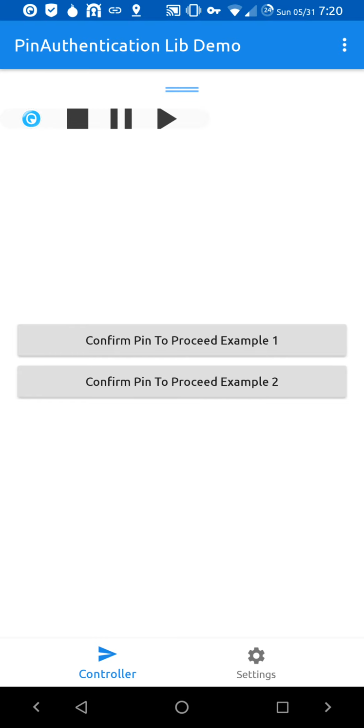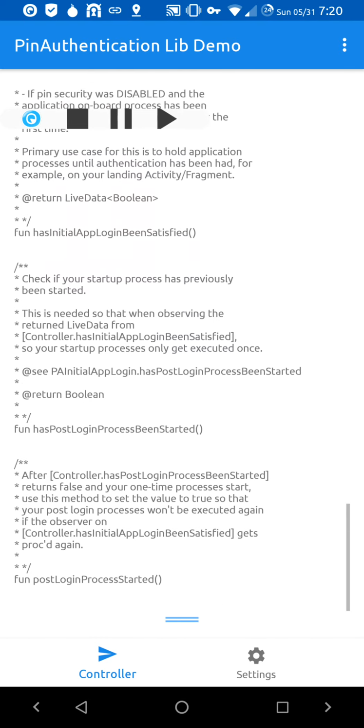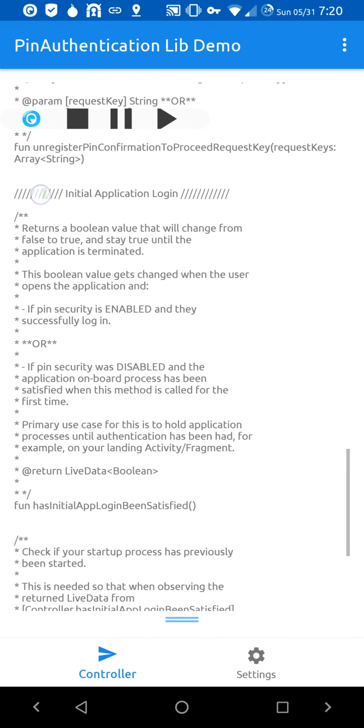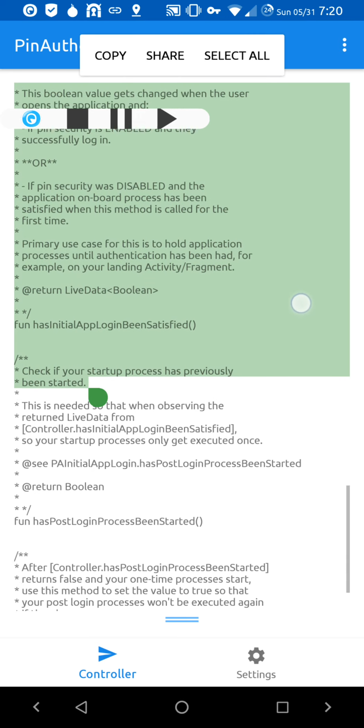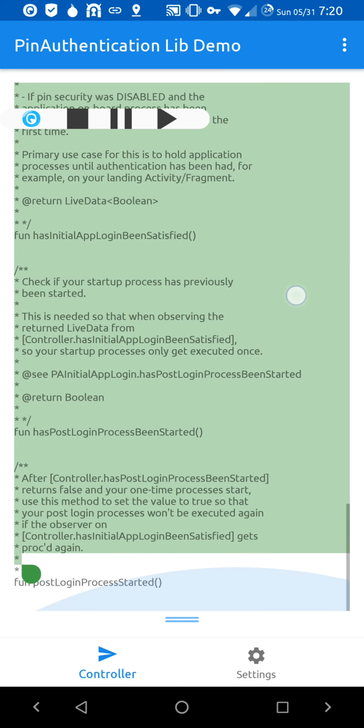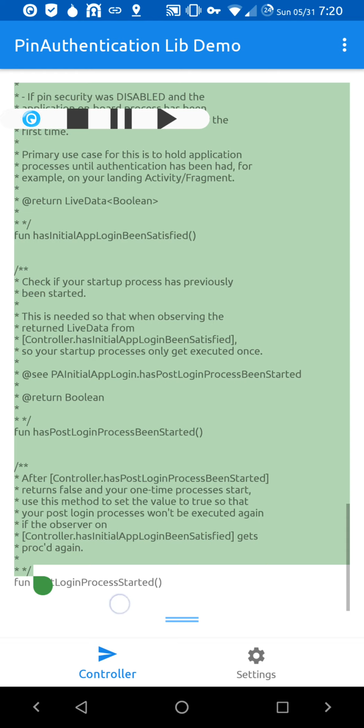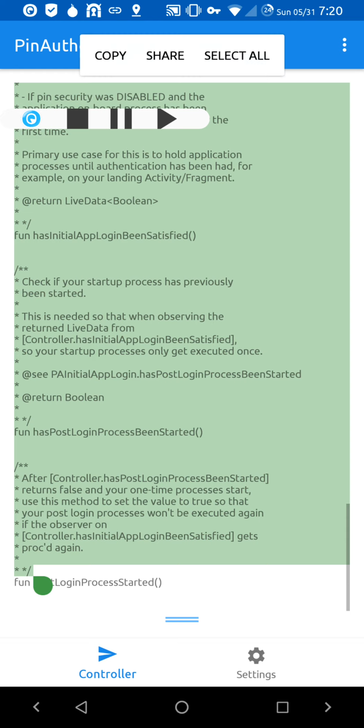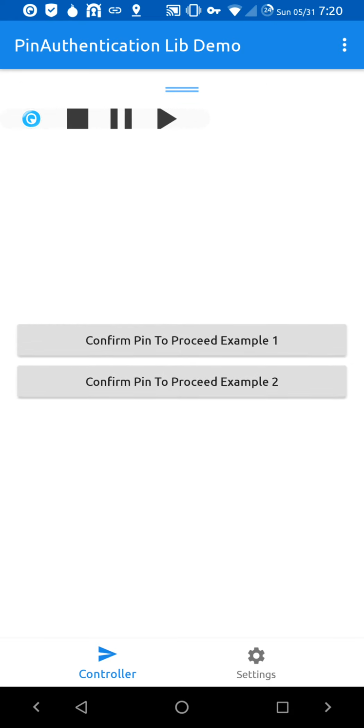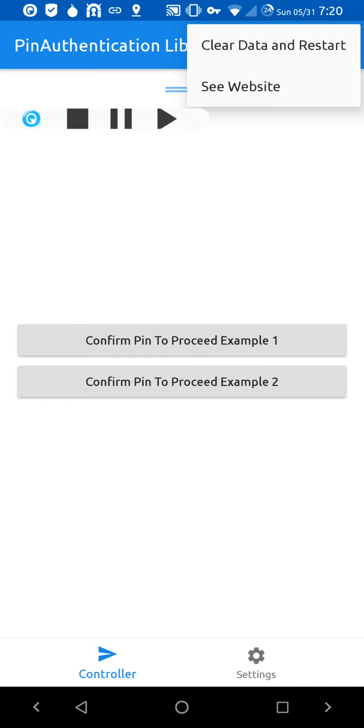Also, with doing that, there is the initial application login feature. This is just an API for the controller class that allows you to hold off code execution until after that initial login has been had. Also in the controller,